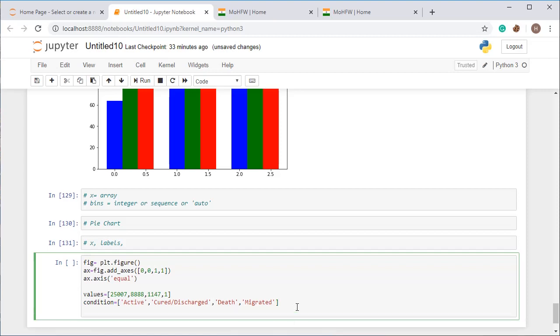So I want to plot this. What we have to use is ax.pie. Pie is the function for creating a pie chart. So I'm passing the values first, which you want, and then labels is equal to, you have to pass an array. So I'm passing the conditions array as the labels, and now I am setting autopct.